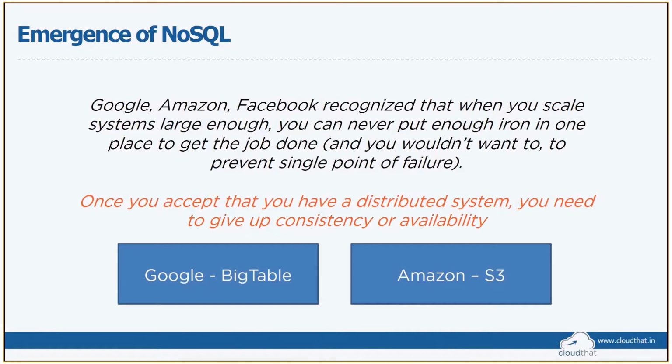That's where the CAP theorem, the famous CAP theorem, talks about consistency, availability, and partition tolerance. Of course, partition tolerance is something that inherently has to be there. You cannot say that if one node is down, my whole database is down. So keeping that as a constant, you either work with consistency or work with availability. So Google's Bigtable and Amazon's S3 are the first initial NoSQL databases that have come out, which are more of key-value paired databases, which focus more on availability rather than being consistent.